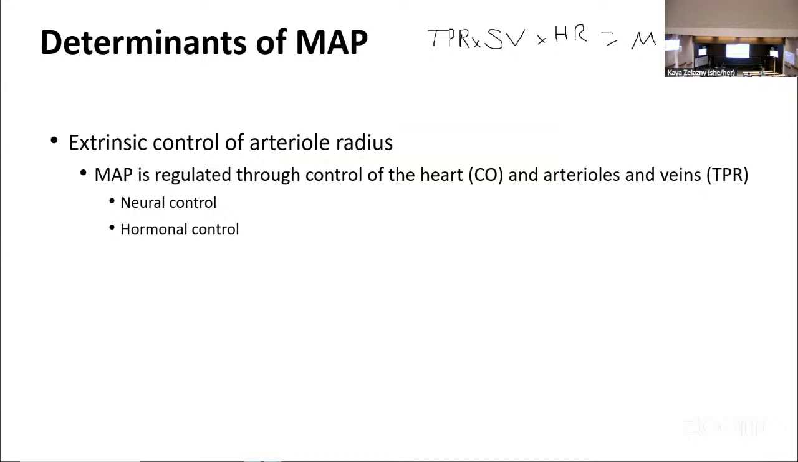So when we think about stuff that controls it, one of the first things we're going to be thinking about is control of arterioles affecting TPR. Okay. And we've talked about a number of things that affect stroke volume and heart rate, but right now we're just going to think about stuff that affects cardiac output. Okay. So that might be veins, as we just talked about,